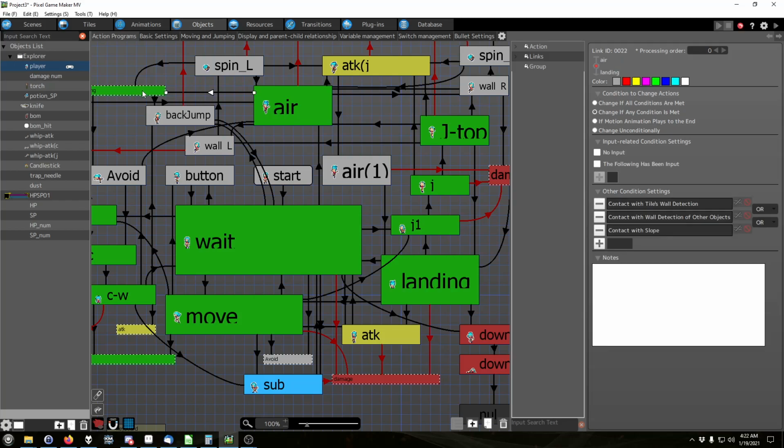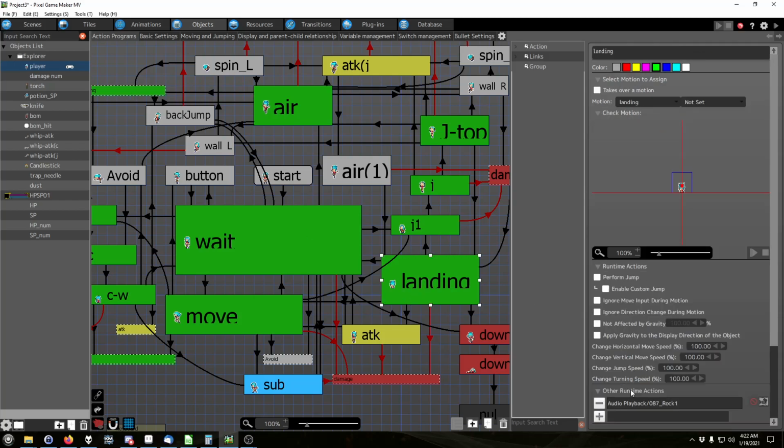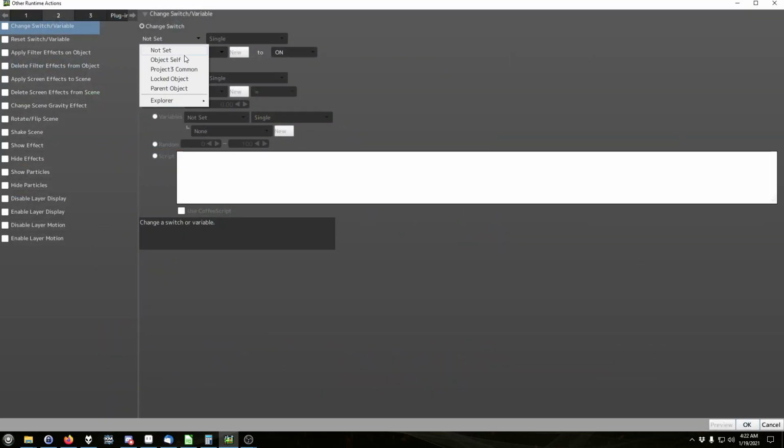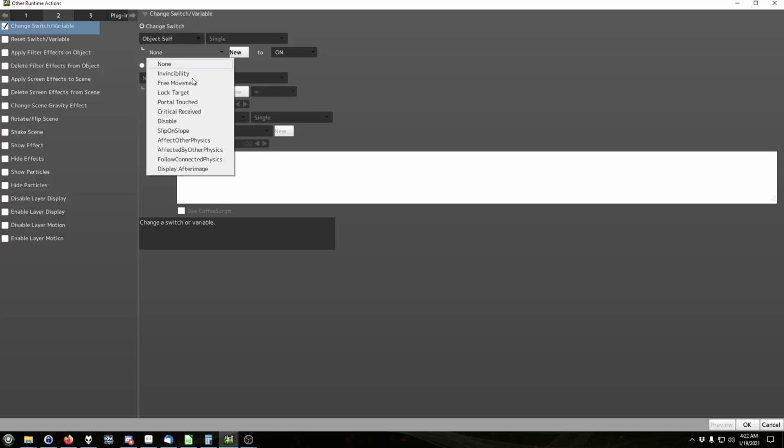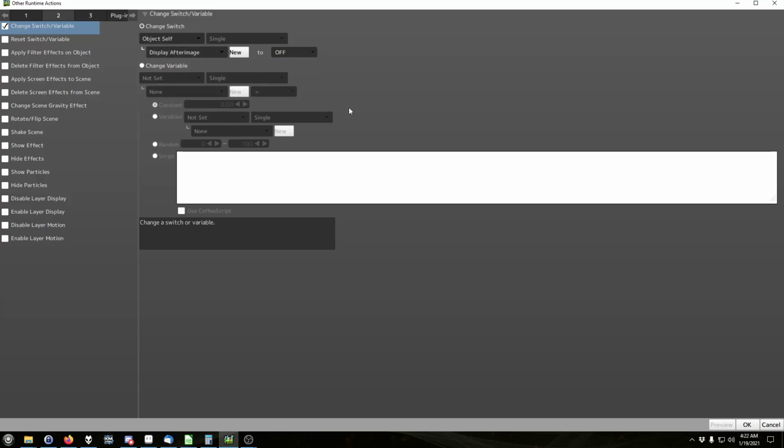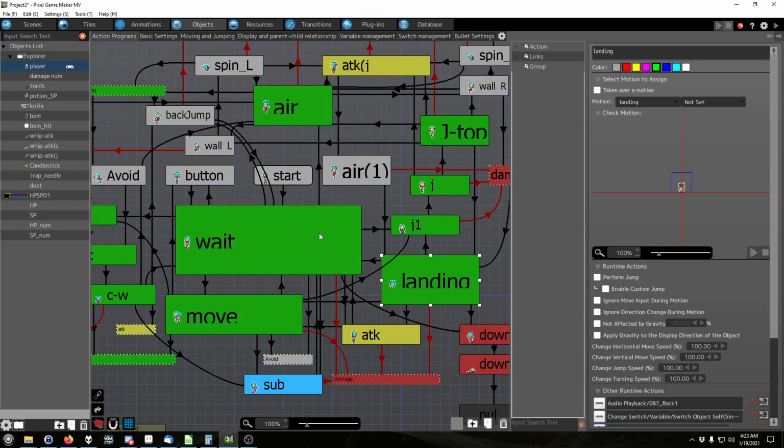Okay, so that's first. This is where it goes to landing. Landing. Okay. So what we're gonna do is, when it goes to landing, we're going to toggle it off. So now whenever we jump,